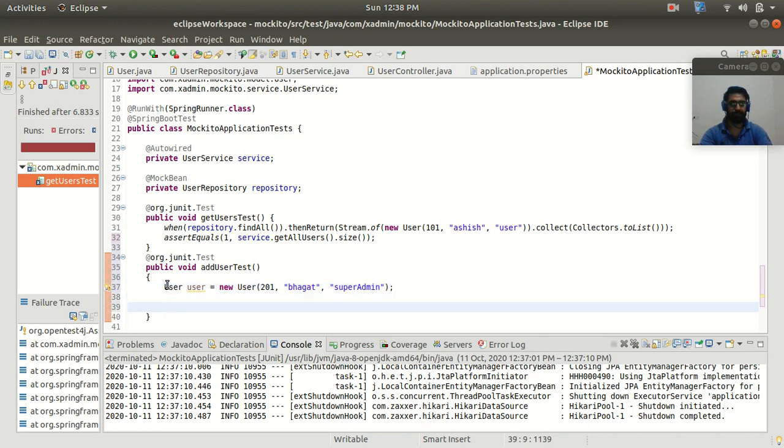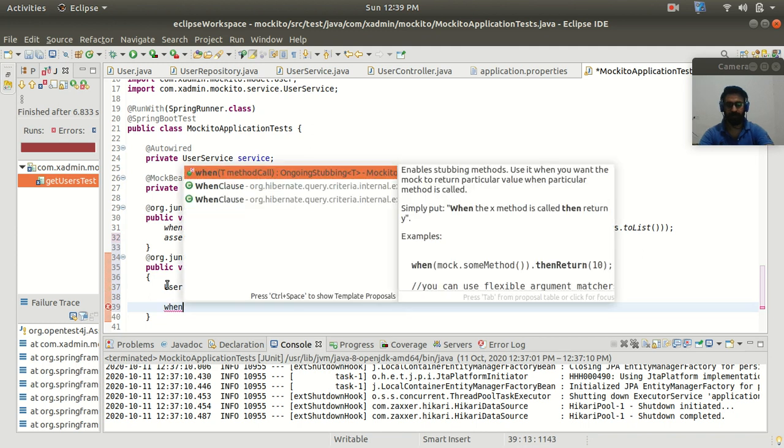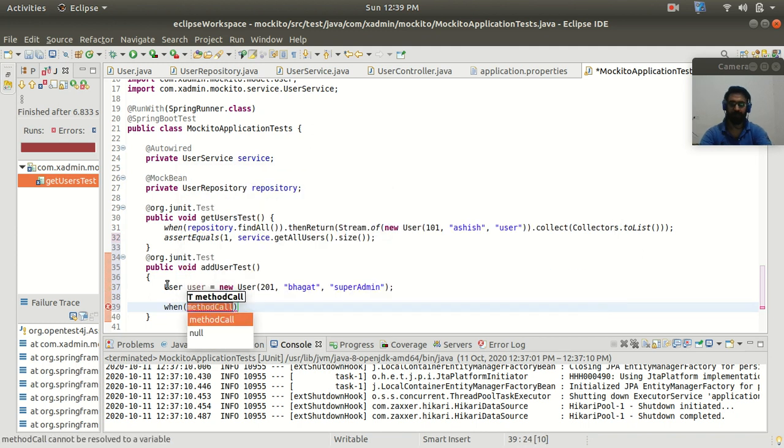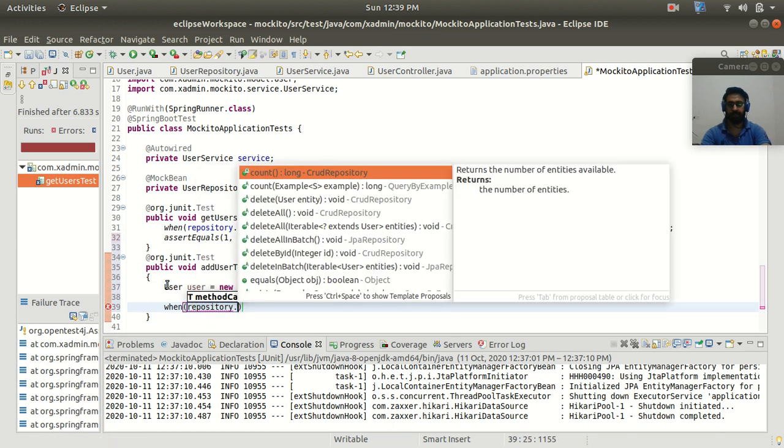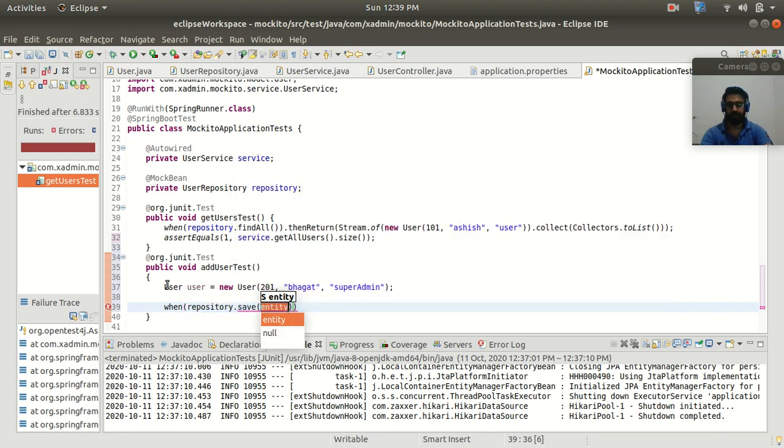So now I will use the same when method. When is the static method of Mockito, and here when we are calling repository dot method, like we have a save method, right? In the save method, guys, here it is taking the entity as a user object, right?